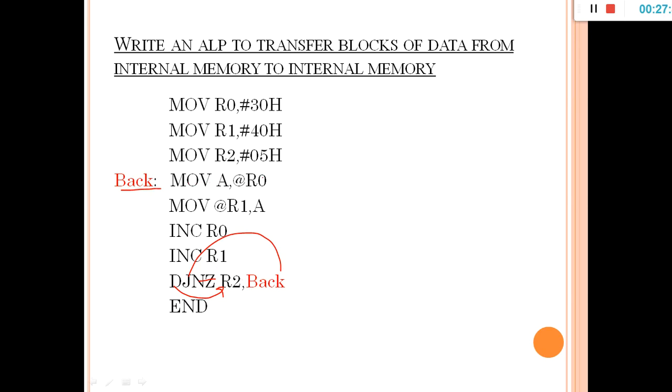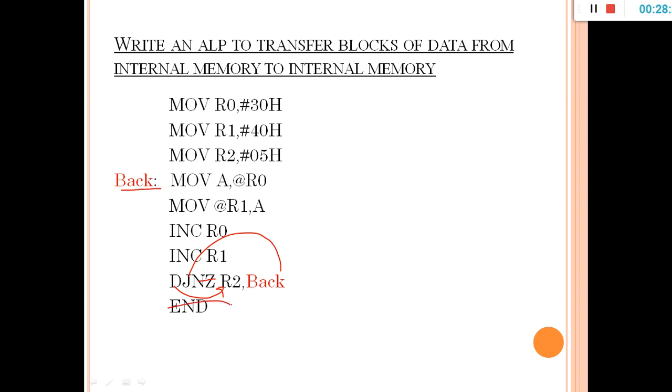It is going to fetch the data from 31 to 41. Again it will increment, and again decrement R2. Now R2 becomes 3, and again it is not 0, so again it will jump back and fetch the remaining data. So it will stay in the loop until R2 becomes 0. Once R2 becomes 0, it will terminate the program.